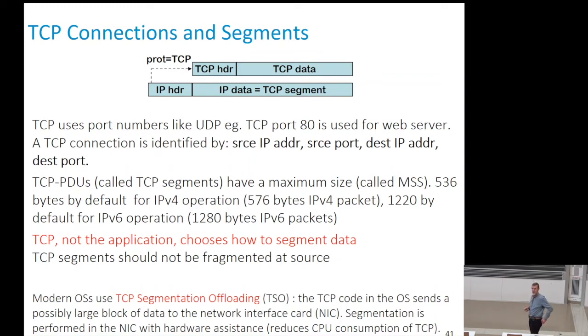Also, there are exotic technologies in the industrial world that use much smaller packet sizes. So in IPv4, you can have very small packet sizes. The minimum size can be as small as this number, 536. In IPv6, the minimum size is 1280. So 1280, while the normal size is 1500 for IP packets. But if you have all those encapsulation, encryption, authentication, etc., the bound we believe today that is safe is this one. So any system that runs IPv6 should be able to accept packets of this size, perhaps larger ones if